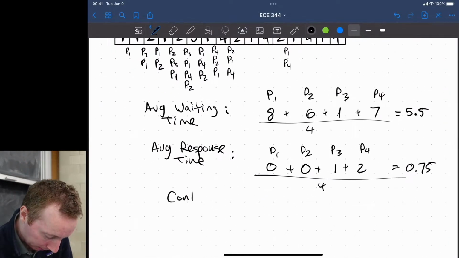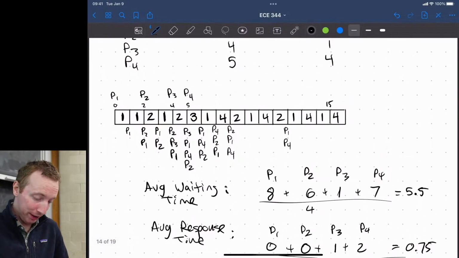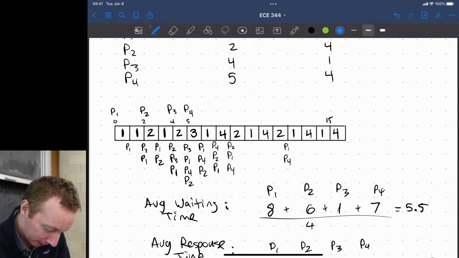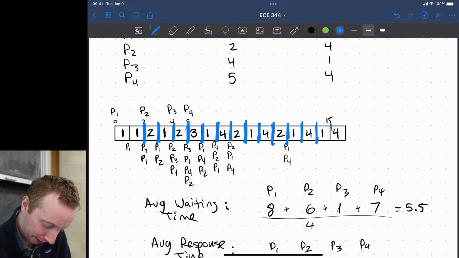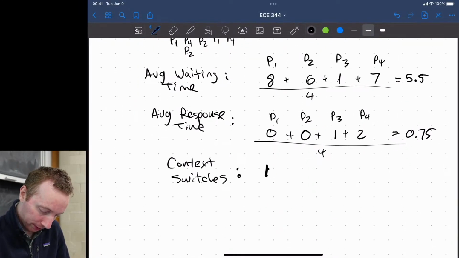And then finally, we need to count the number of context switches, which, if we were correct before in our argument, there should be a lot more context switches, because I had to write a lot more. So that's one context switch, 1, 2, 3, 4, 5, 6, 7, 8, 9, 10, 11, 12, 13, 14.